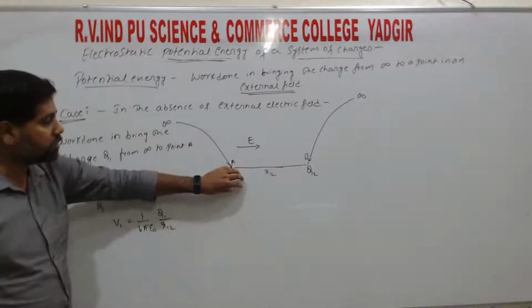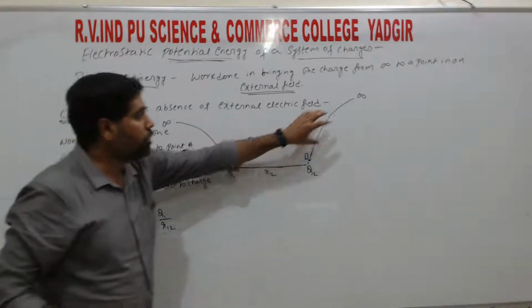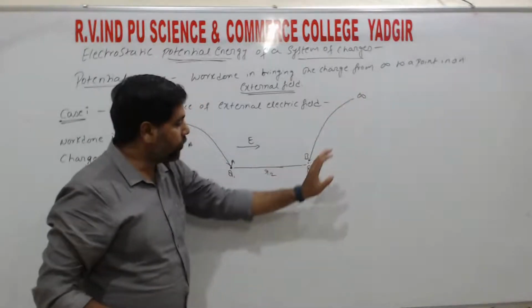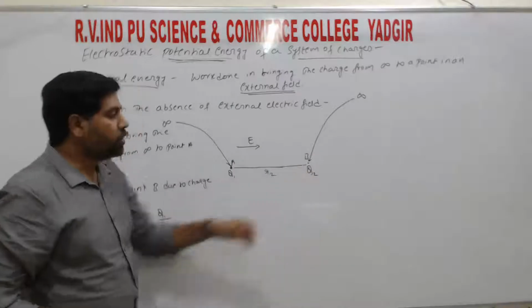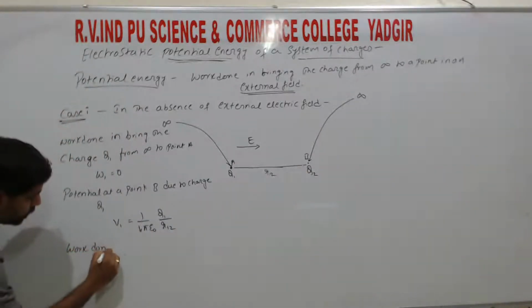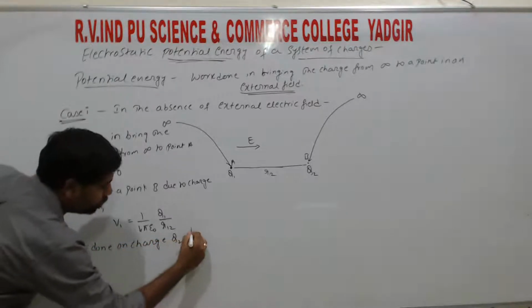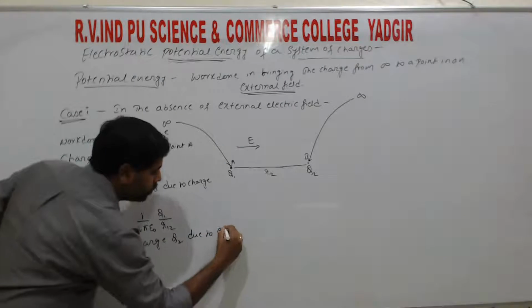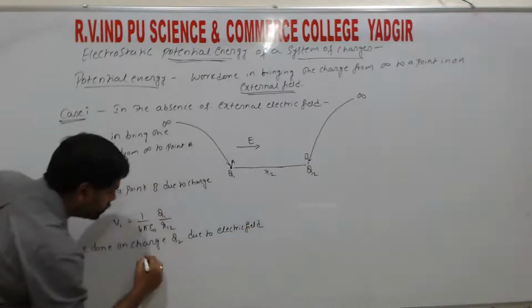So if we have a charge, from this charge we are getting the electric field, right? So now when we bring the charge from infinity to Q2, then work is done, right? So the work done on charge Q2 due to electric field produced by